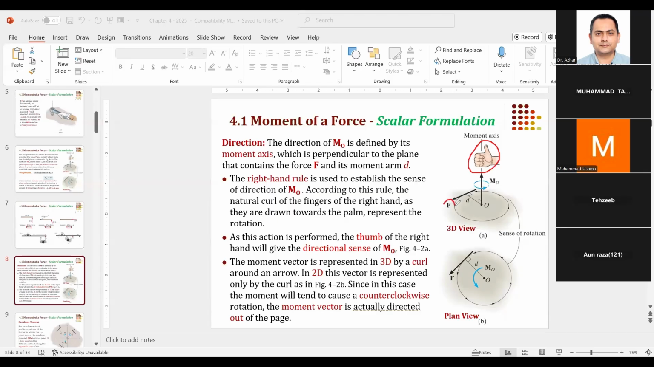Look, this force F is producing a counterclockwise moment about point O. So what you do is you curl the fingers of your right hand in the direction of the moment, clockwise or counterclockwise, and your thumb will tell you about positive or negative. If the thumb is directed upwards, we may call it positive. If the thumb is directed downwards, we can call it negative. But this right hand rule, with the thumb, is mostly used